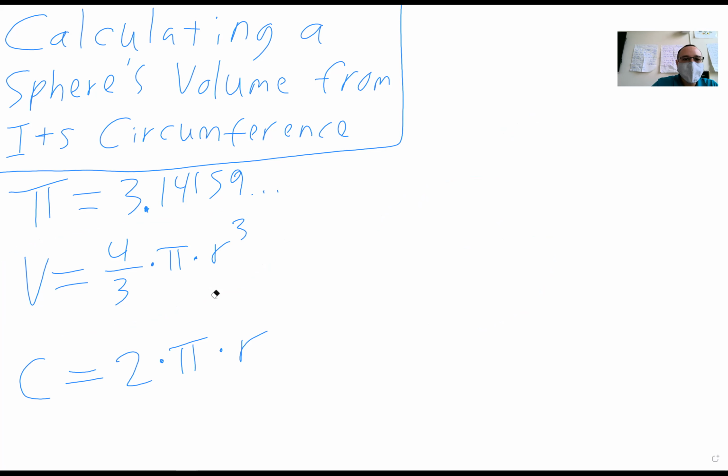Now, we measured the circumference of this marble by using this piece of paper. We wrapped the paper around the marble and said, okay, it goes around one time. Then we used our ruler to measure how long that paper was. So we have the circumference of the marble. Let me pause really quickly and grab that number for us. That circumference is equal to 7.82